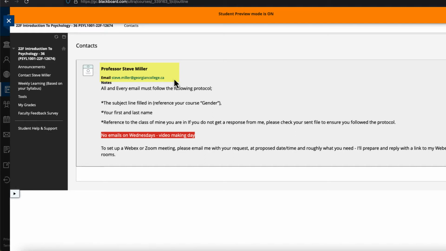So I have created an email protocol that helps me help you. I have about 200 students in 4 different classes and 4 different topics. So you just sending me an email doesn't help me understand how to help you. So I need the subject line filled in. Outlook will prompt you with, are you sure you want to send this without a subject? Say no, fill it in, and maybe put in